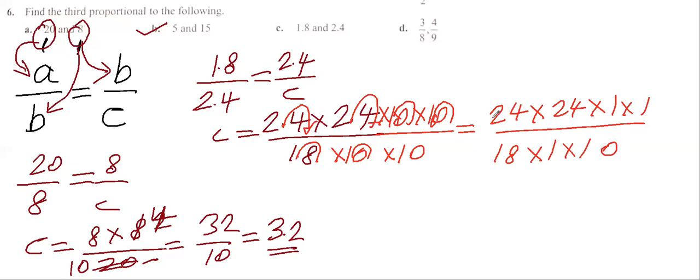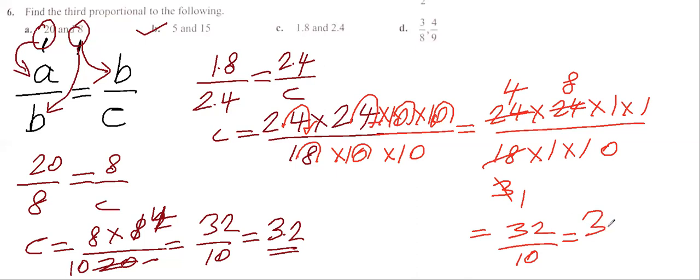Okay, now 24 divided by 6, 6 4s are 24 and 6 3s are 18. Correct? 6 3s are 18. Now, yes. 3 1s are 3, 3 8s are 24. Then what is 8 4s? 8 4s are 32. 32 divided by 10. The answer is 3.2. Here also 3.2 I am getting as the answer. This is for C. Got it?